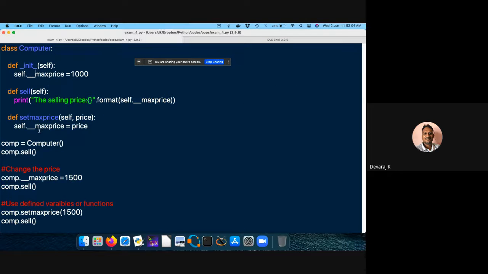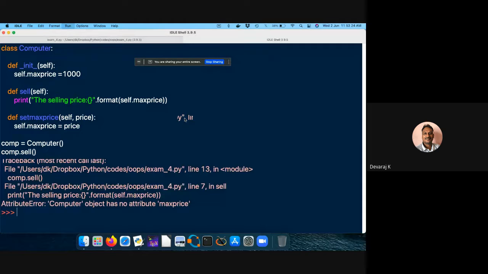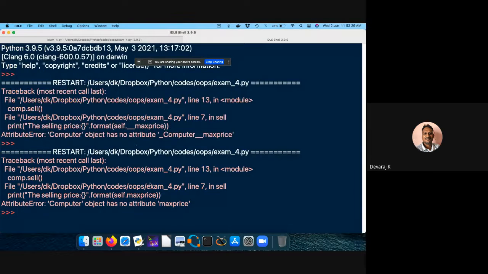Now what I will do, here this is what I made everything private. So now I'll make everything public. Okay. Now I'll try to run this code. Compress no object max price.